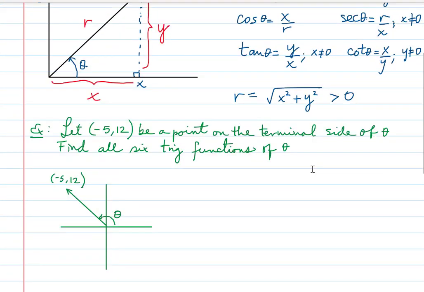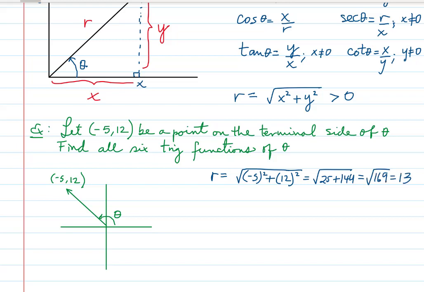Now, before we can find all the trig functions, we need to find what this r is, right? So the first thing we want to do is just compute r. So r is going to be the square root of, and it's right here, x squared plus y squared. X for us is -5, and y squared is 12 squared, which is equal to the square root of 169, and that comes out to be a nice 13. Right? So once we have our r, we're ready to